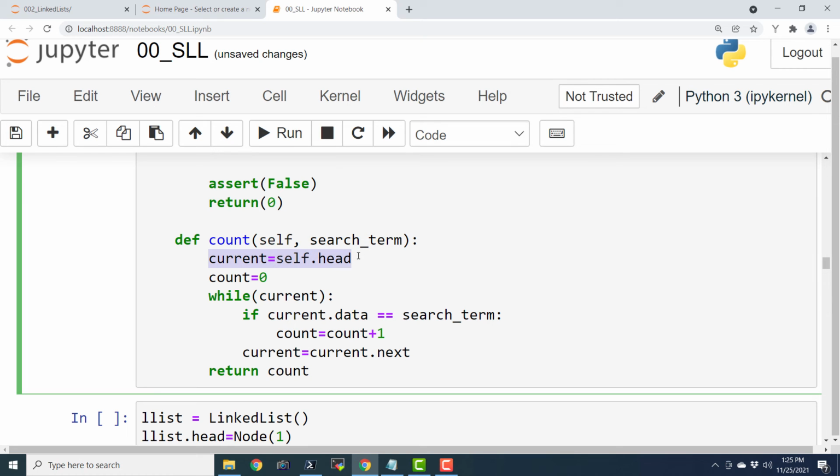So we are taking a temporary node and then count equals to 0. And while there is an item in that linked list, we are checking if current.data equals to search term. And if it is like that, then we are incrementing the count and then we are incrementing the pointer. Very, very simple thing. We are just using the iterative method to go through the entire list.